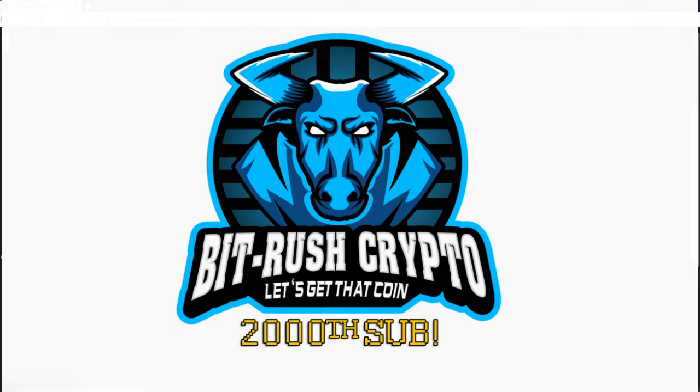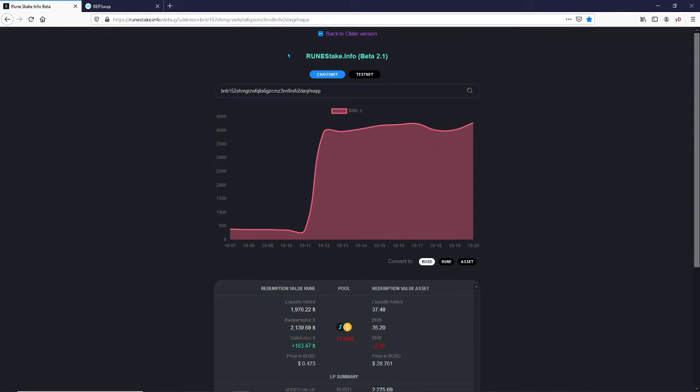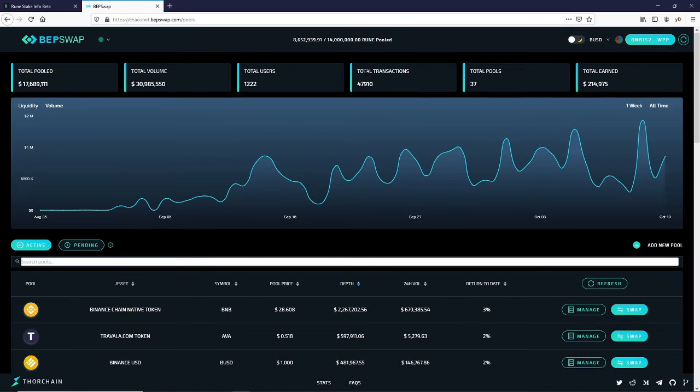Alright guys, let's go. So we're going to be going over RUNEStake.info. It is in beta, and this is not from the official Rune developer. So I just want to say that up front, that this is a community project, and it is still a beta 2.1. So before we actually go over this platform, I just want to show you BepSwap,